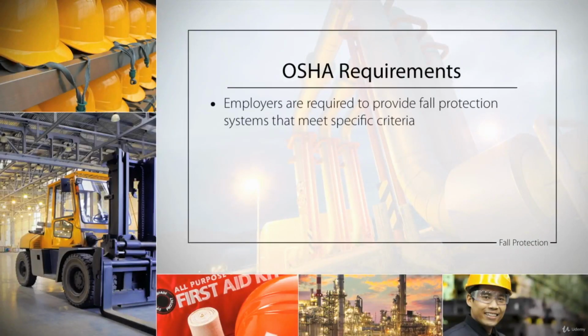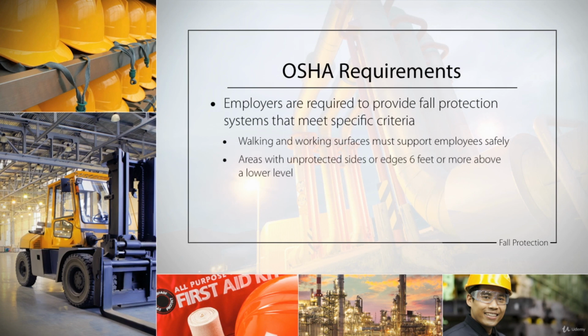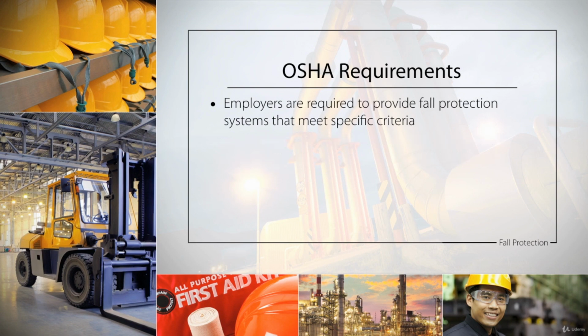OSHA requires employers to provide fall protection systems that meet specific criteria. Walking and working surfaces must have sufficient strength and structural integrity to support employees safely. Employers must provide protection to employees working in areas with unprotected sides or edges 6 feet or more above a lower level. Specific types of protection are required in work areas with leading edges, in hoist areas, in work areas with holes,